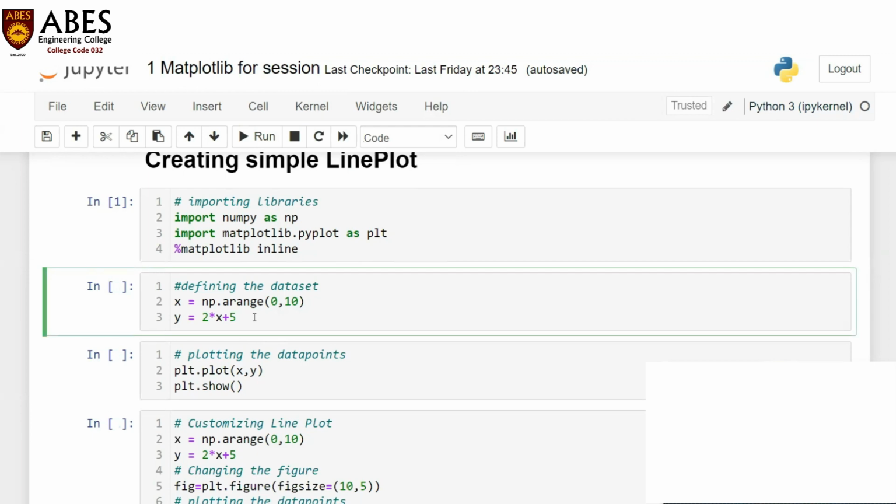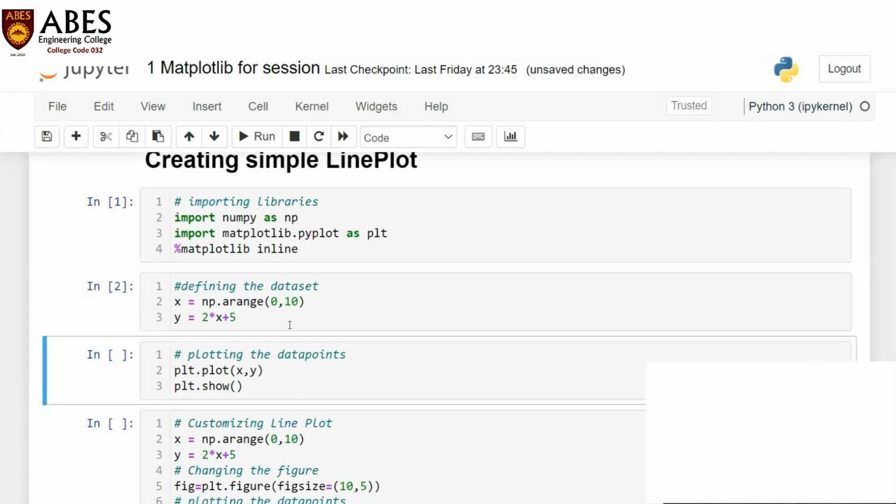So I'll be defining the data set as np.arange 0 to 10. The data set will be created using this method. The arange function is used to create a list of numbers. Here, a list of numbers between 0 to 10 will be generated with the step value of 1. And y is basically the dependent variable which is depending on the independent variable x, and the relation is